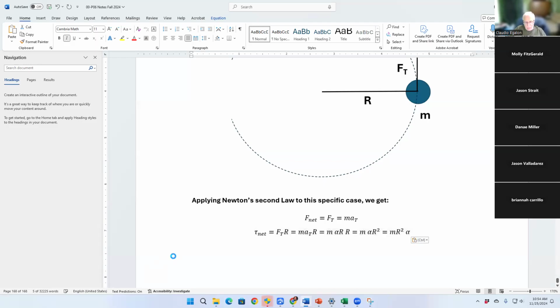So I'm going to copy and paste it here, and look what an interesting format for the equation that we have. Okay, we have something here, which I call mr squared,